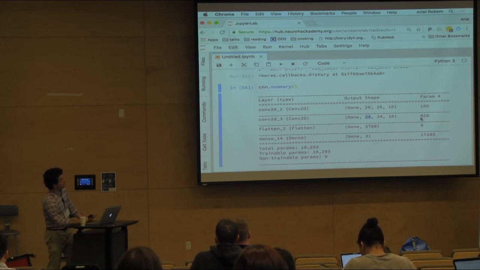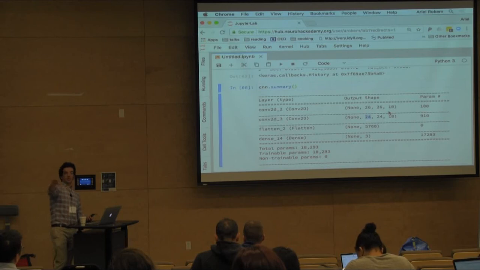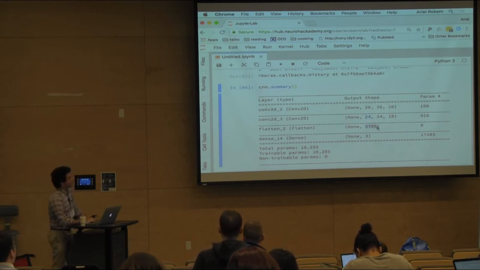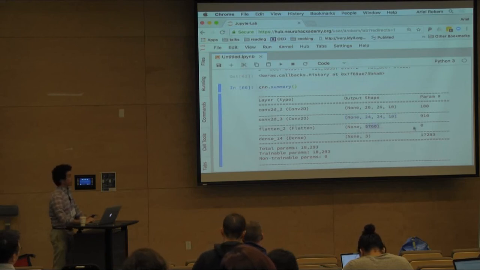So there are 9 units, there are 9 pixels. There are 10 units, and each one looks at the outputs from 10 different feature maps from the first layer, right? So there's 10 feature maps times the 10 units times 9, that's 900, and then 10 bias terms, that's 910. This number here comes from flattening the 10 feature maps at this stage. So it's 24 by 24 by 10. Yes, 24 by 24 by 10 comes up to this number. And there's no additional parameters here, but the output is